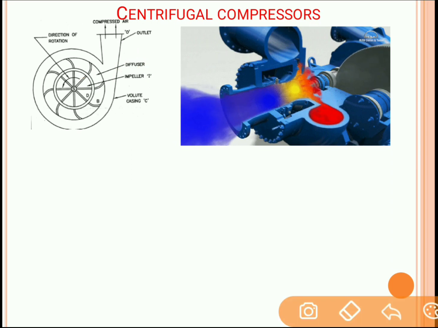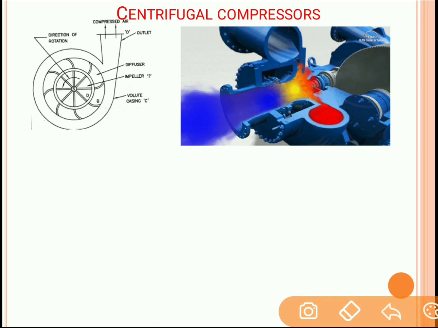Now the main difference between a compressor and a pump is, in a compressor we are dealing with gases such as air or any other gas, whereas in case of a pump we are dealing with a liquid, and that liquid could be any liquid like water, oil or anything. So the structure of a compressor and a pump are very similar, the only difference is the working fluid. In a compressor the working fluid is gases, whereas in a pump the working fluids are liquids.